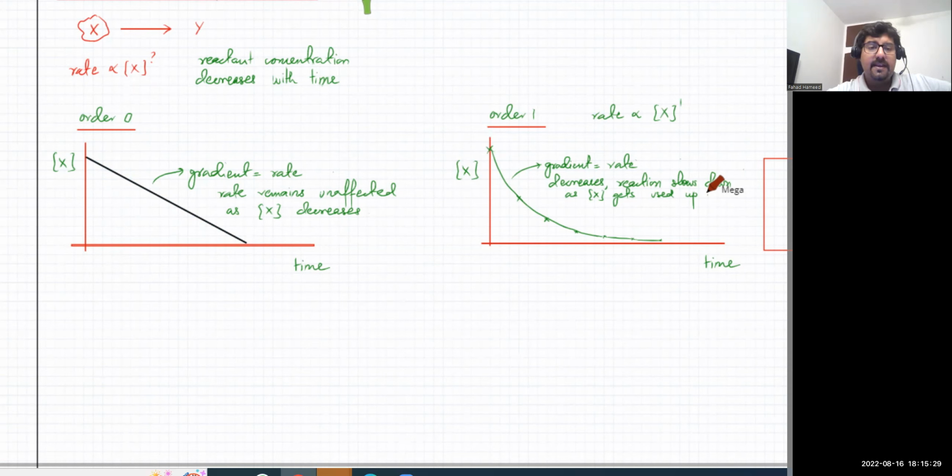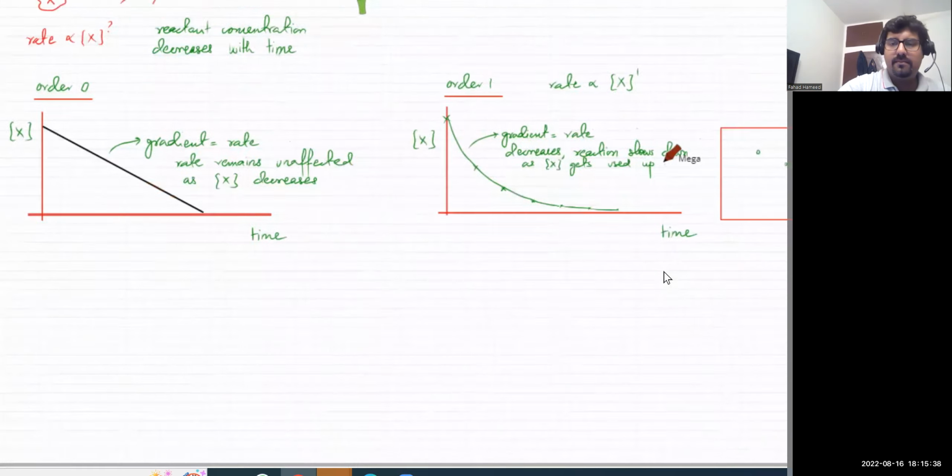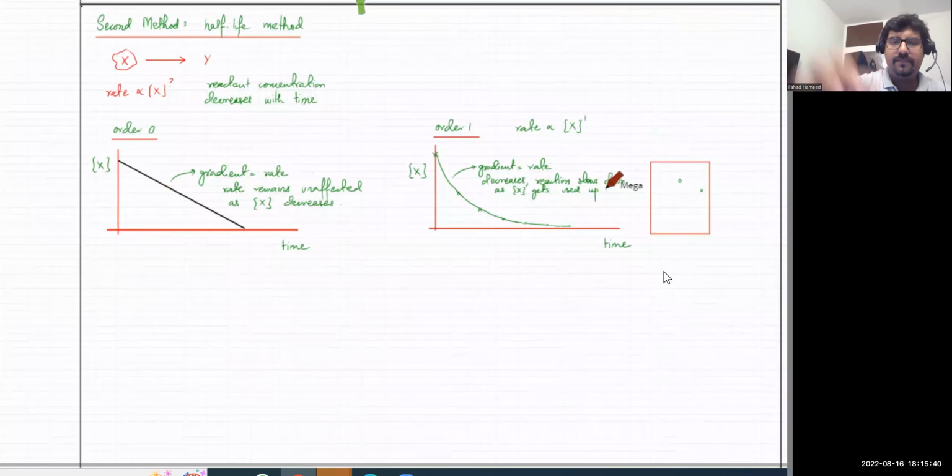Okay. So are these two graphs clear? Clear हैं ये दोनों? Shahan, Haseeb, Umar, is this clear? अच्छा, so